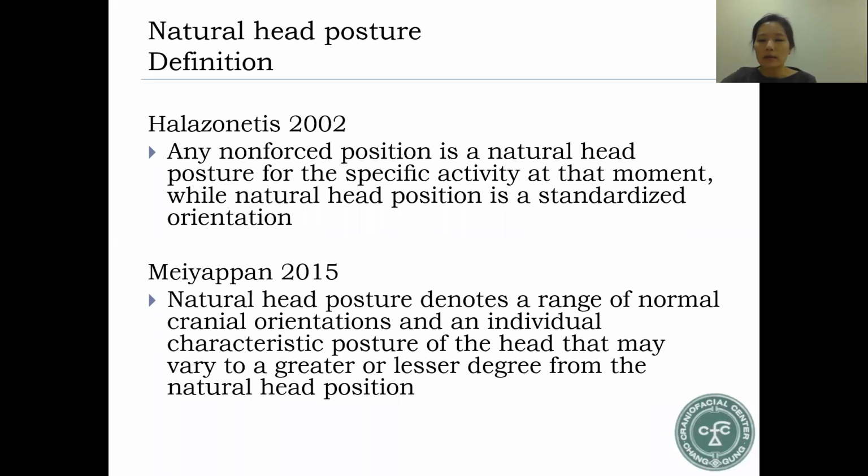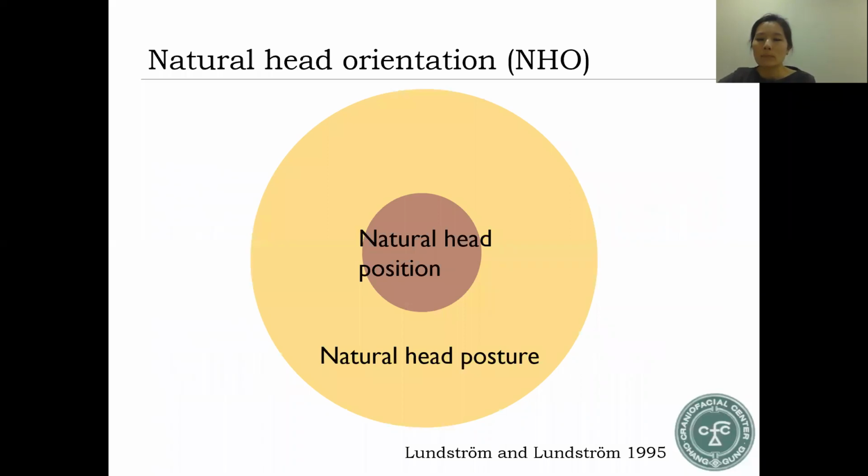The other paper presented similar definitions. Natural head posture denotes a range of normal cranial orientation and an individual characteristic posture of the head, and that may vary to a greater or lesser degree from the natural head position. Both the natural head posture and the natural head position are highly reproducible, and it's quite important to recognize and